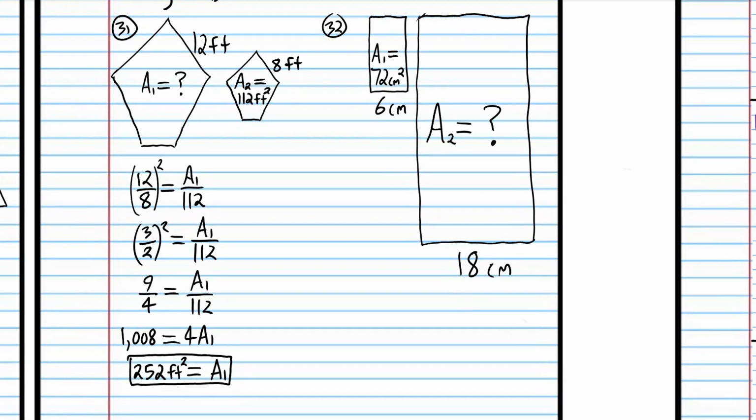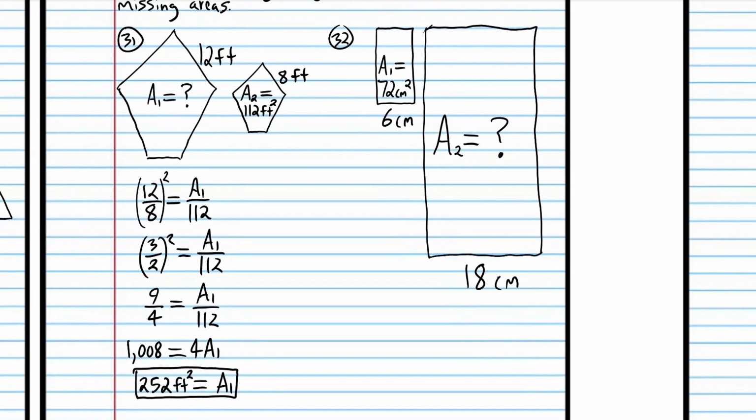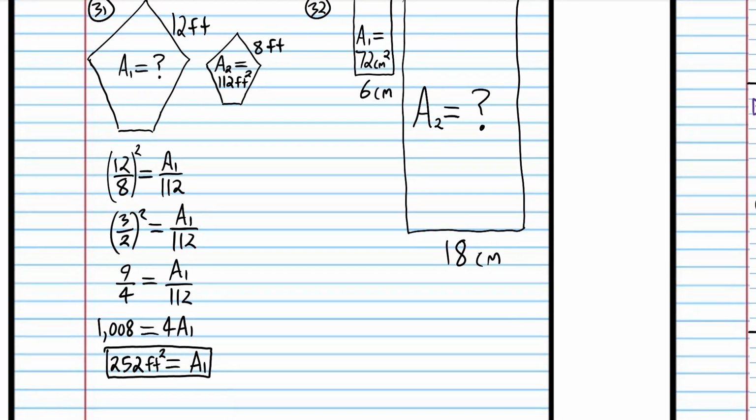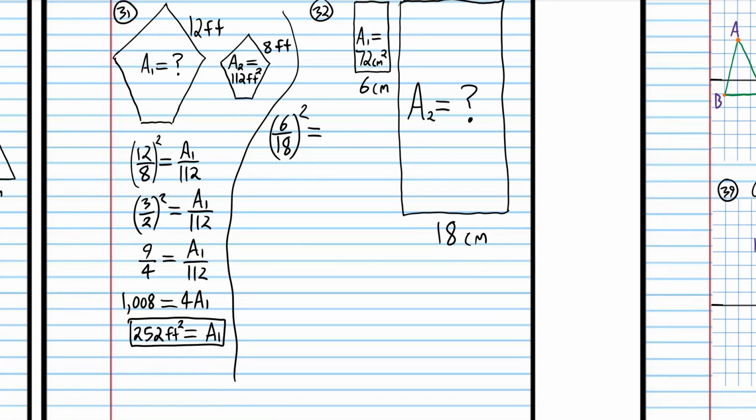All right, so 32, we'll do one more of these, or actually 2 more of these problems before you try one on your own. So we're going to find the ratio of corresponding sides. And I'll put a divider here. So 6 over 18, but we have to square that. And that is equal to the ratio of, I think I probably should have written an extra step over here